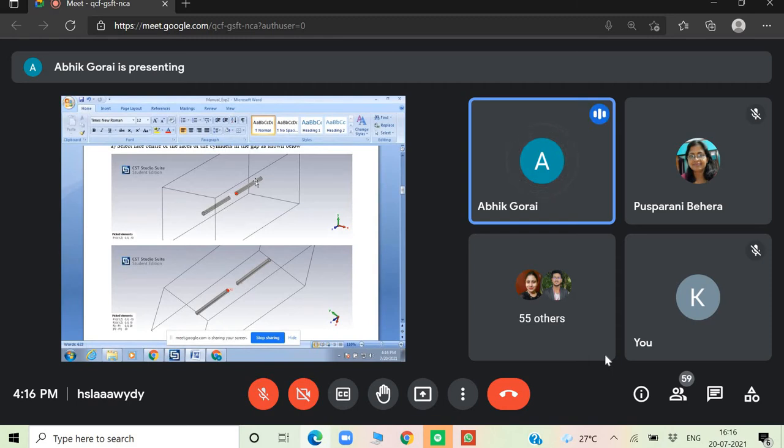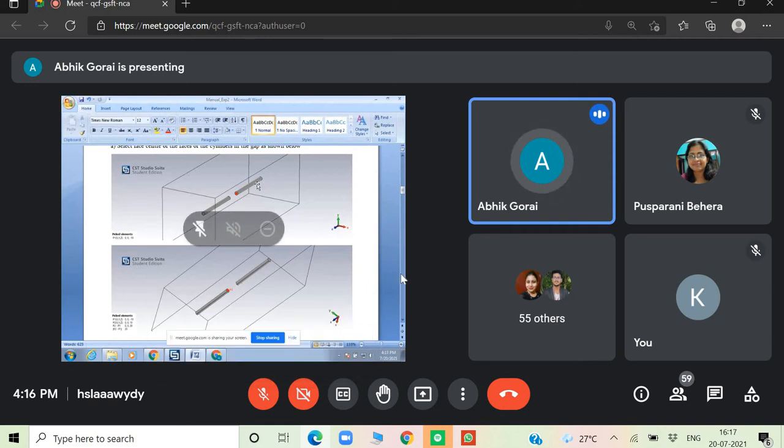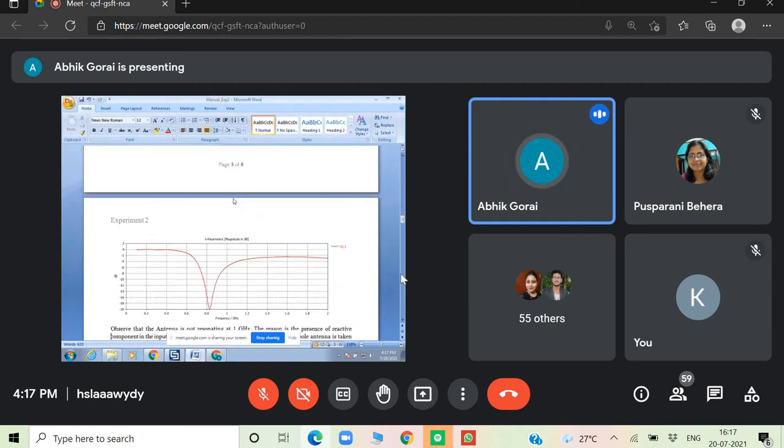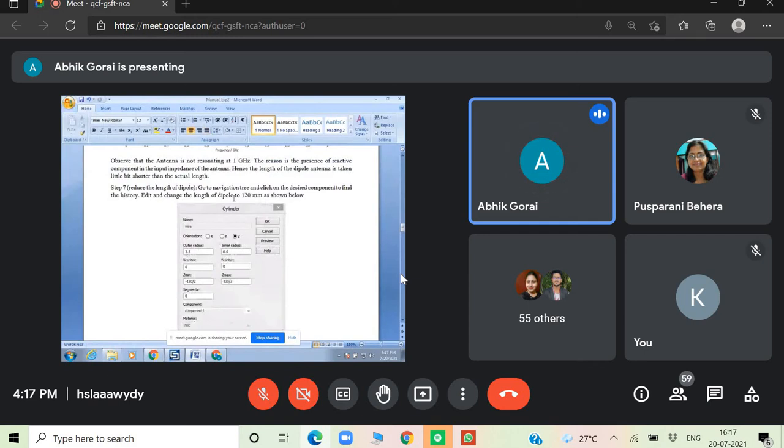So first of all, we have to calculate the length of the half-wave dipole antenna, and this half-wave dipole antenna is center-fed. All the half-wave dipole antennas are center-fed. That means it is fed at the center, and we will see how actually we can feed to the center of the dipole antenna, and finally we will observe whether it is resonating at our desired frequency or not, and then followed by measurement of